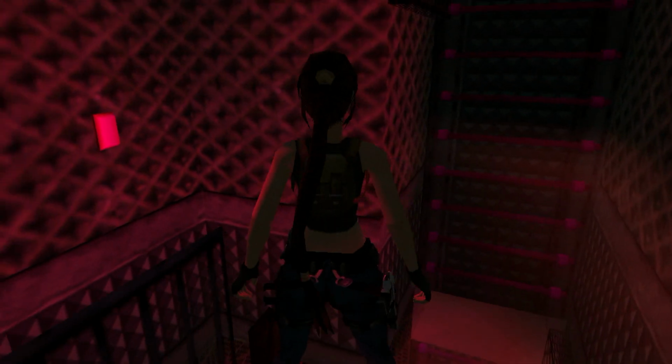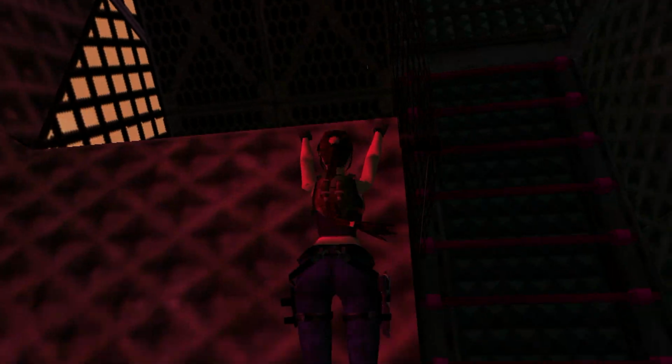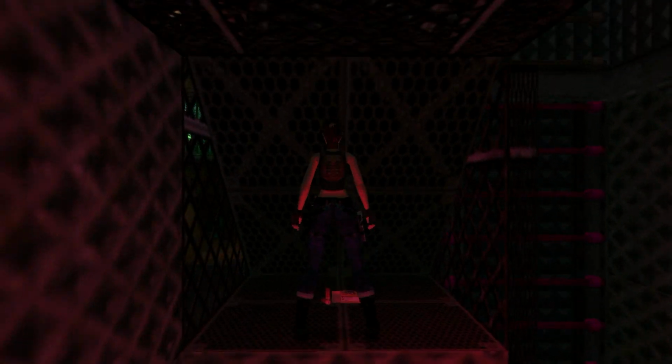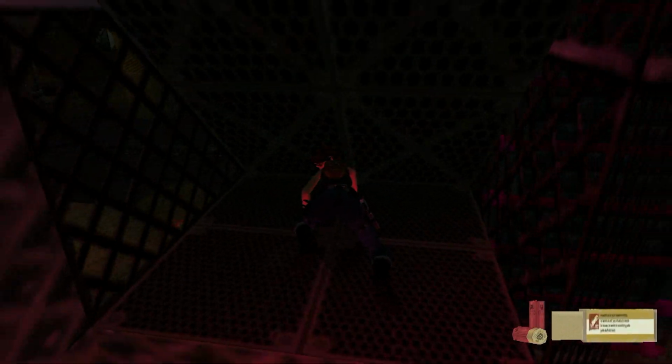There is a ledge here that we can jump to and grab. There's some shotgun ammo on this ledge. There is also another oddity here. This is something that I overlooked when I was building the level. If you look at this grating here,